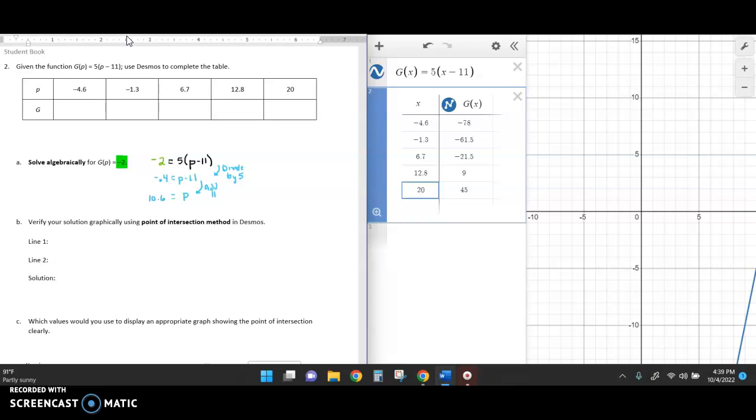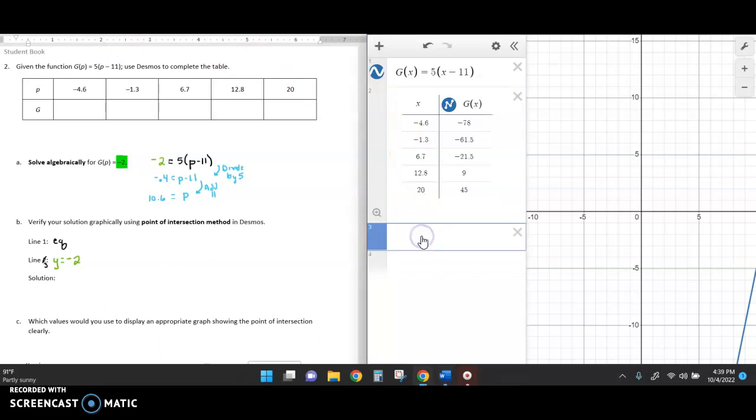Okay, so in line 1, we're going to use Desmos to find that same answer using the graph. So line 1, we have the equation. In line 2, I guess I have my table, so I'm going to say line 3 in this case. If you get rid of your table, by all means, you can say line 2, but whatever line we're working with is the one that we want to indicate. So line 3 in this case is going to say y equals -2. And so when I type in y equals -2,